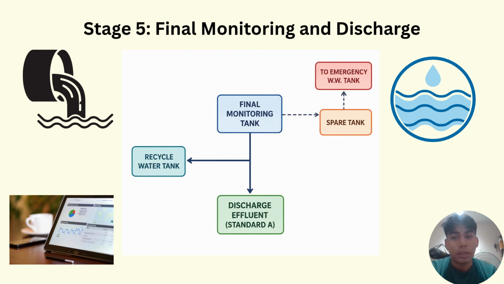If the effluent does not meet the requirements of Ajinomoto, it will then proceed to the spare tank, and then be brought back to the emergency wastewater tank, which basically means